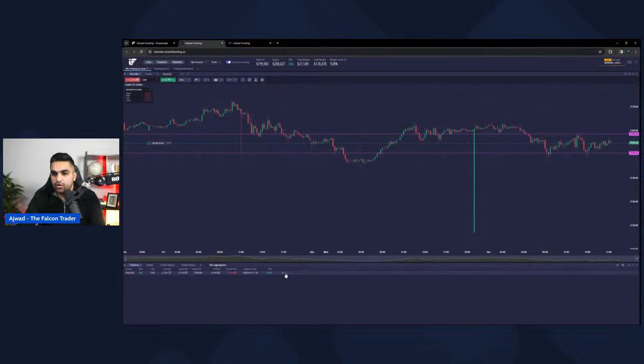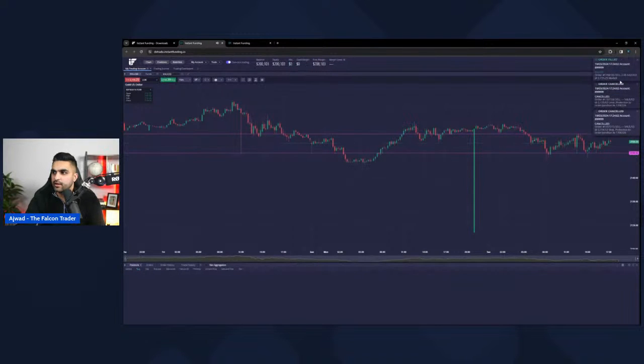So let's say that you close the trade. Now, if the one click trading option is enabled, you cannot close partial trades. However, if the one click trading option is disabled, then and only then you can close your positions partially. Let's say that you place the trade with 2 standard lots. If the one click trading option is disabled, then you can close, let's say you want to only close 50% of the position. So that's going to be like you close with one standard lot, and the other one standard lot is going to be running. So if I just click on this, you can see the order has been executed